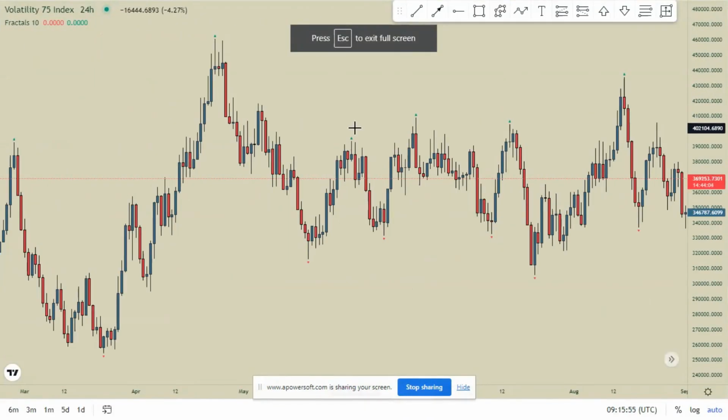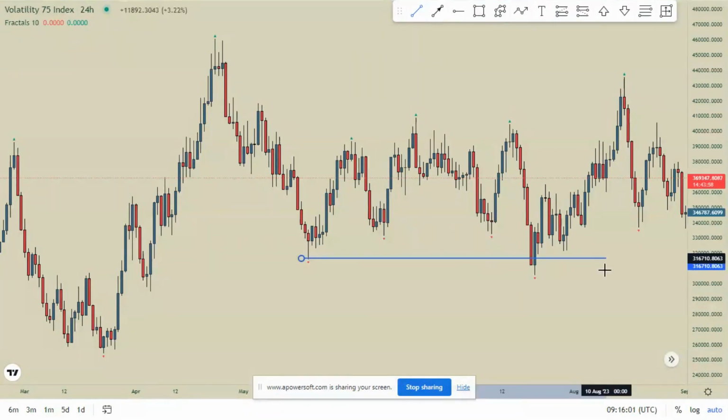Now, if at all we identify one point, let's say this one here. First of all, you're going to mark it out. You mark it out like that. You mark out the extreme one. You get the extreme point. So now, the next thing we can do, we can even highlight that candle. Now,